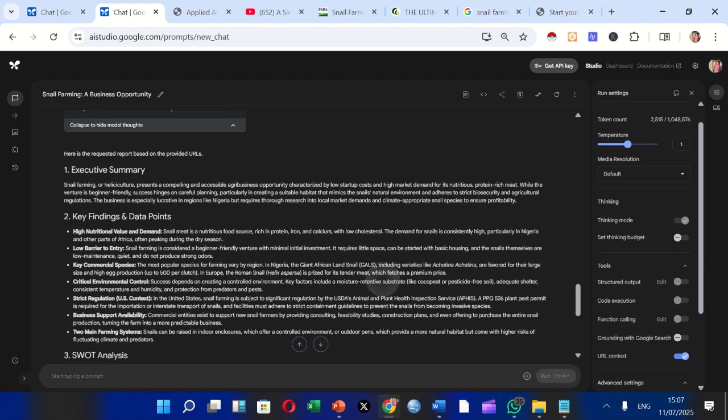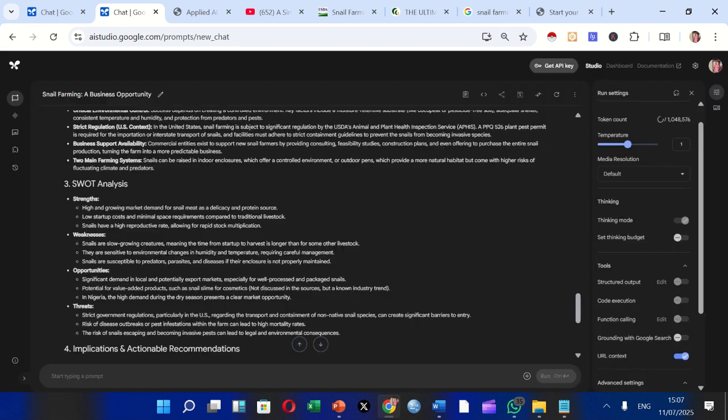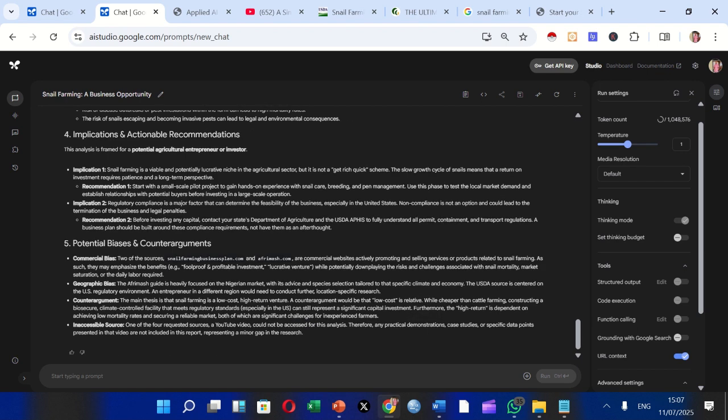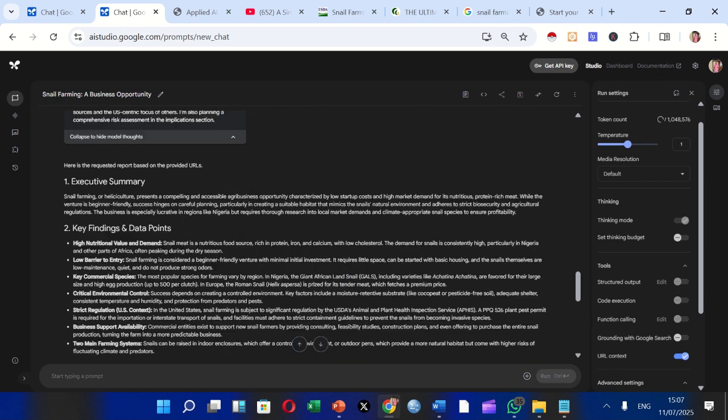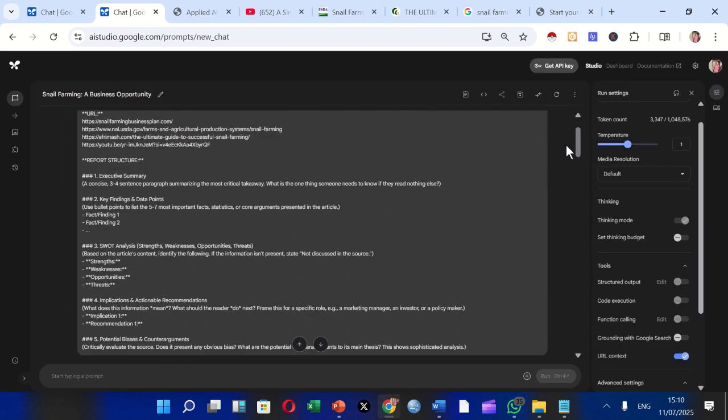But look at our report. We already have it here: the executive summary, the key findings, the SWOT analysis, the implications and actionable recommendations, the potential biases, and then the counter argument. Now you discover that all this information is based on the data we provided, right?